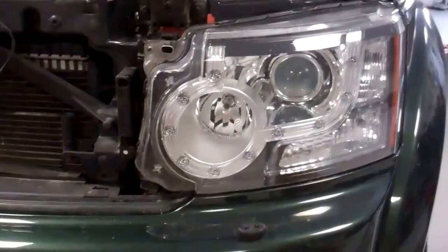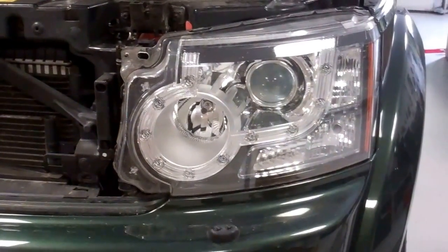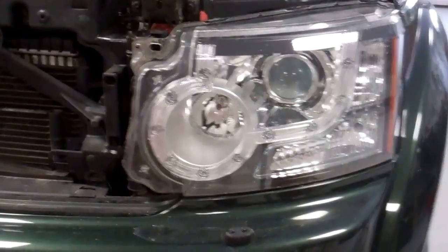Do a video today and try and share the little knowledge, in a kind of Mythbusters fashion, that we have on the Discovery 4 headlight. So, here is our Land Rover Discovery 4. There's the headlight. Now, they did do a facelift headlight, so I've got some lined up here we're going to